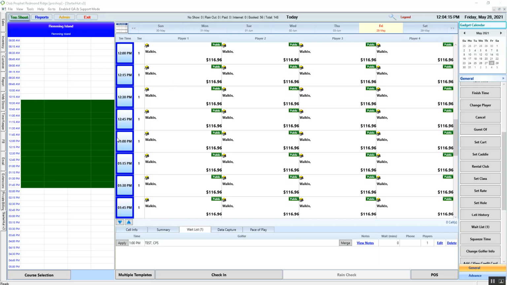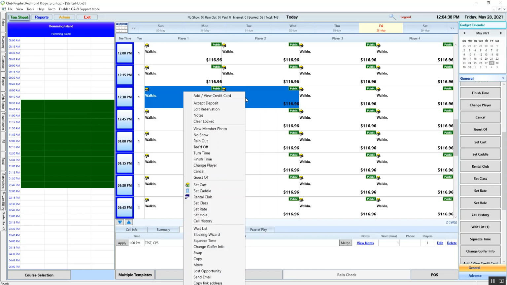This individual wants to get out around 12:30, so I'm going to click the time for the amount of golfers there are waiting. For this scenario, I'm going to click a twosome at 12:30. As we can see, it is booked, but we highlight the time that they intend to golf or would like to golf. After we highlight the time, you can either right-click and find waitlist,